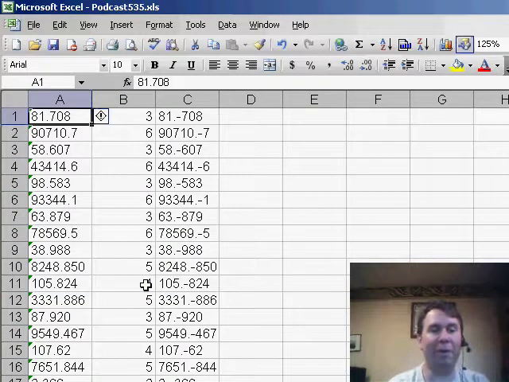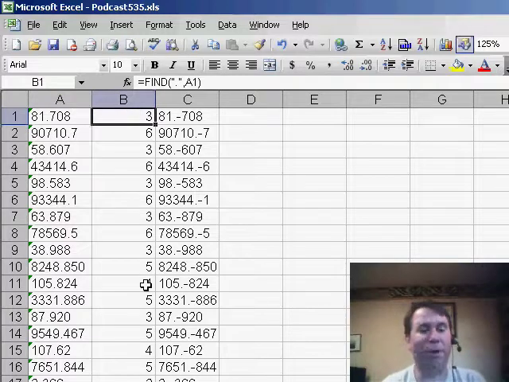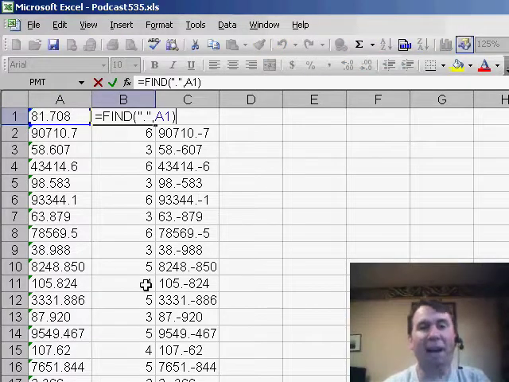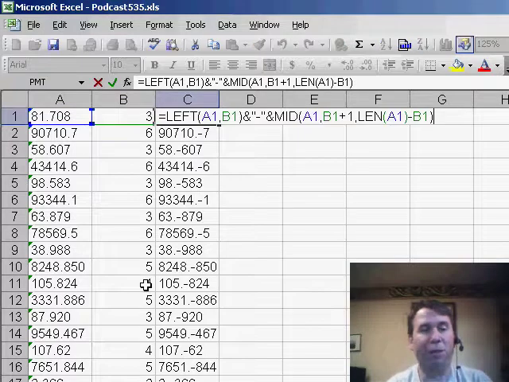And then finally, the third way to do this is kind of a two-step method where in cell B1, we ask the find command to find the period within cell A1, and that tells us that it's at position 3. And then I build this horrible formula that says, hey, we're going to take the leftmost 3 characters of cell A1, concatenate it, the concatenation sign is the ampersand, of course, with in quotes the hyphen, and then another ampersand,